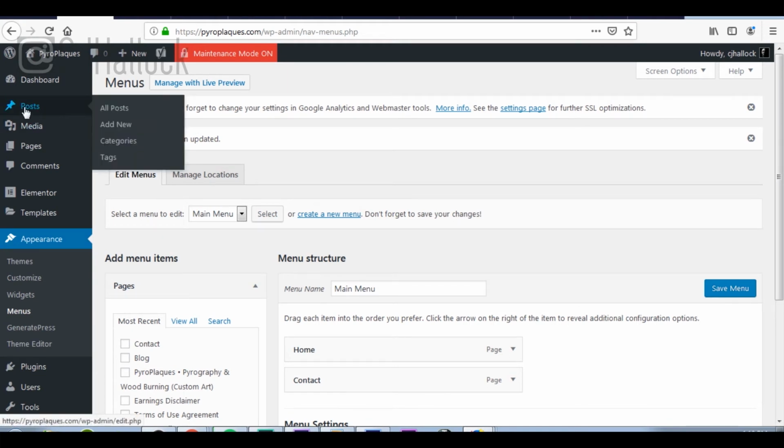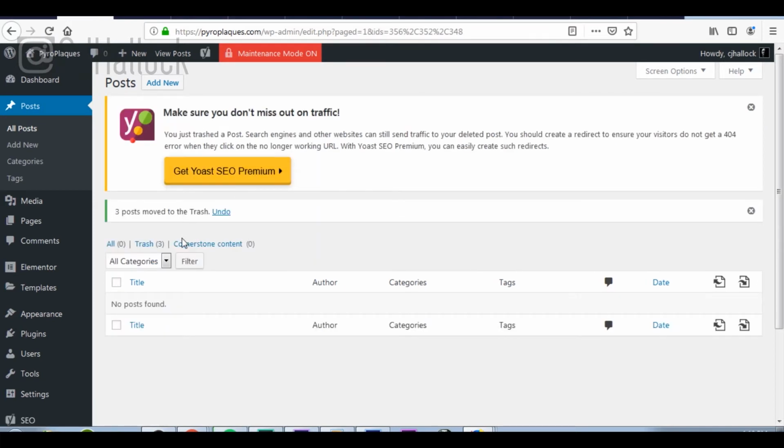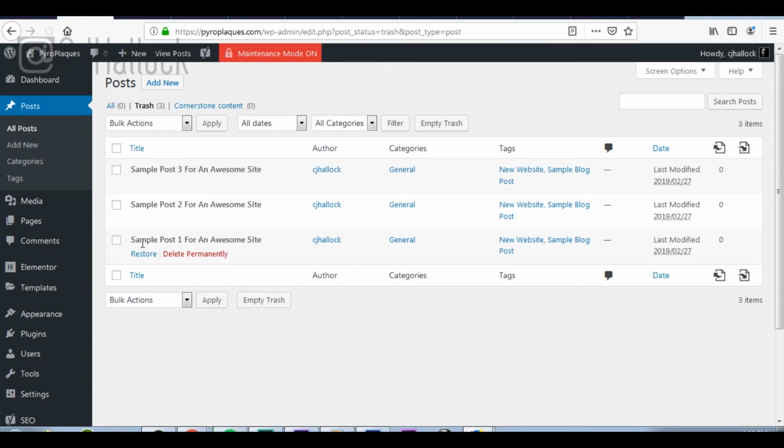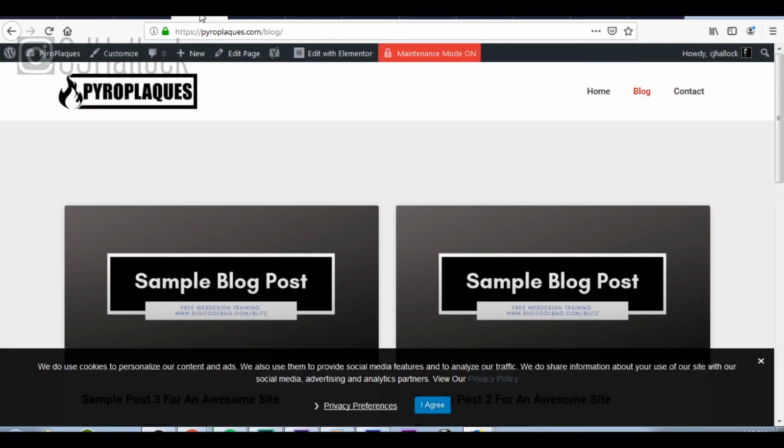But for now, we're going to go ahead and come up to posts, and we're going to go ahead and remove these three. So we're going to just click this to do the bulk actions, and we're going to move to trash and click apply. Once those are thrown into the trash, we're going to come over and click on trash and click all and delete permanently and apply. Take that out to the dumpster and forget about it. All right. So now that we have that done, we can come back into